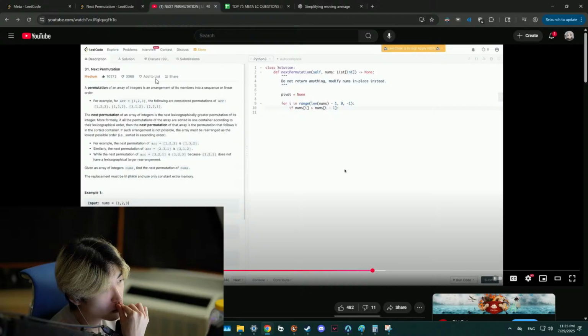So for example, in our code, what did we use? We used 1, 4, 5, 8, 7. So we go from the right. Okay, is nums of i, so is 7 greater than 8? No, it's not, so we keep going. Is 8 greater than 5? Yes, so that means that our pivot is actually going to be this 5. So we're going to say